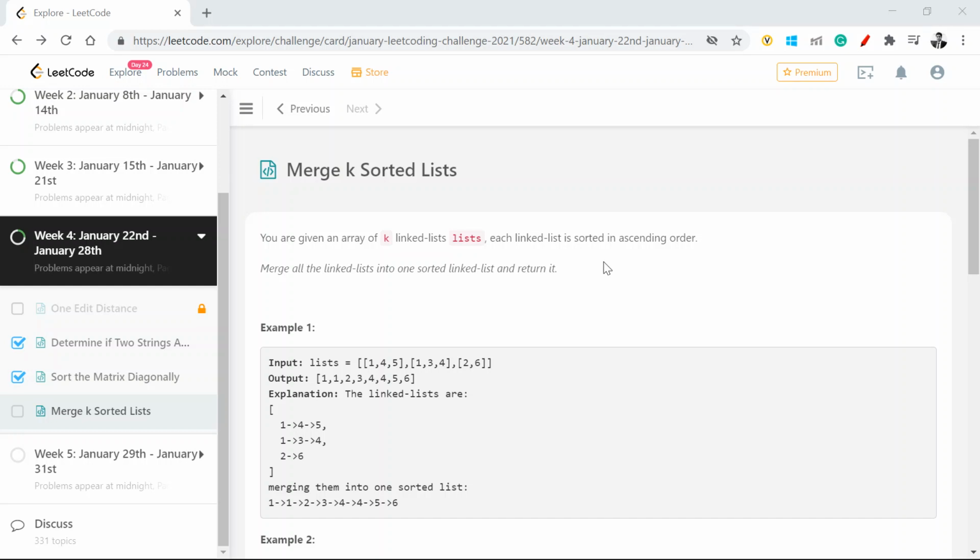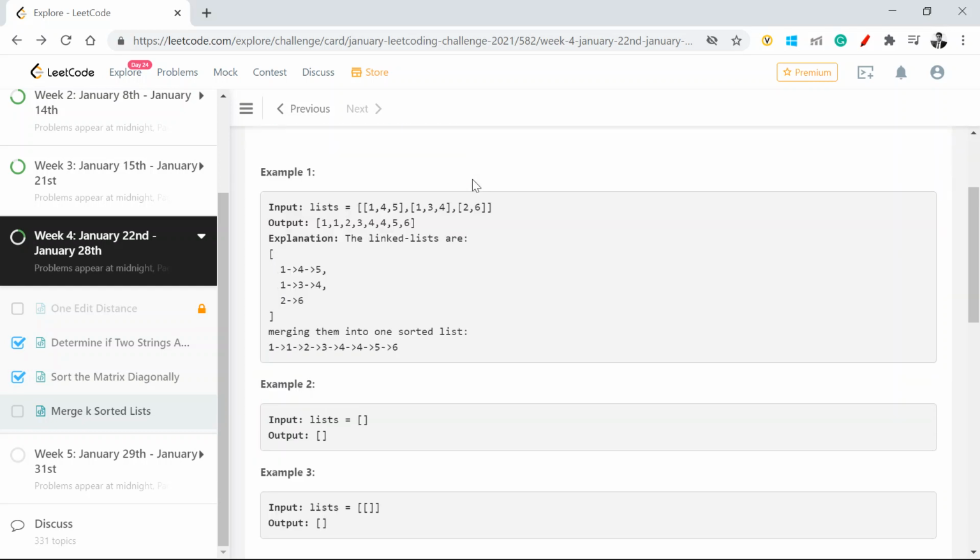Today we are looking at another LeetCode question, which is Merge K Sorted Lists. Here, list is a linked list, and we are given K sorted lists which we have to combine and make into one, right? If you look at the example,